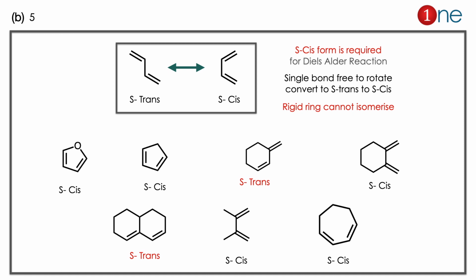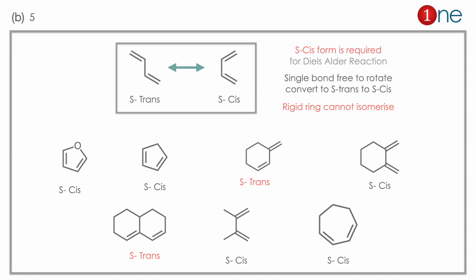Here totally 5 compounds can undergo the Diels-Alder reaction. The fact you have to know is that the S-cis form is always required for the Diels-Alder reaction. So either way you bring it, it will convert into the S-cis form, irrespective of the starting conformation. If you look at all 7 compounds, the fourth one is in S-trans form because it cannot flip the ring, so it always stays S-trans, so it won't undergo the reaction. Similarly, in the fused ring system, the diene is on separate rings, so it is also S-trans and cannot convert into S-cis. So totally 5 compounds can undergo the Diels-Alder reaction. So the answer is clearly B.